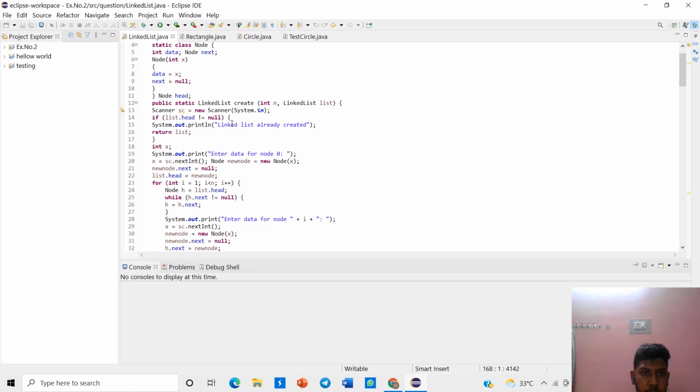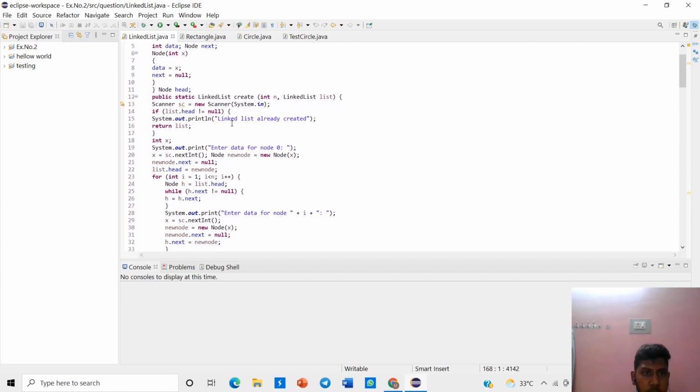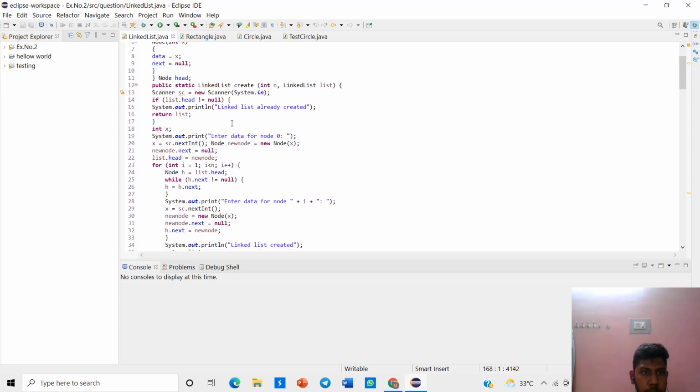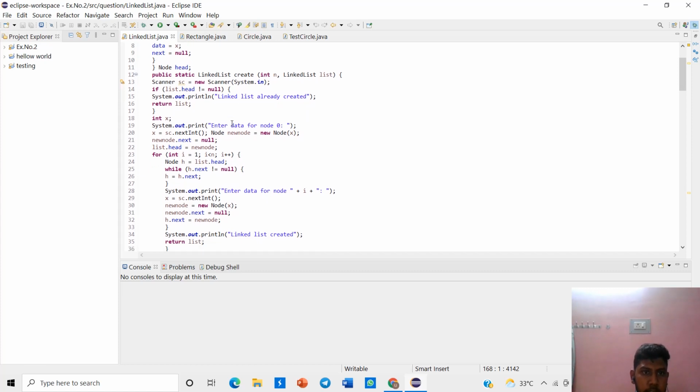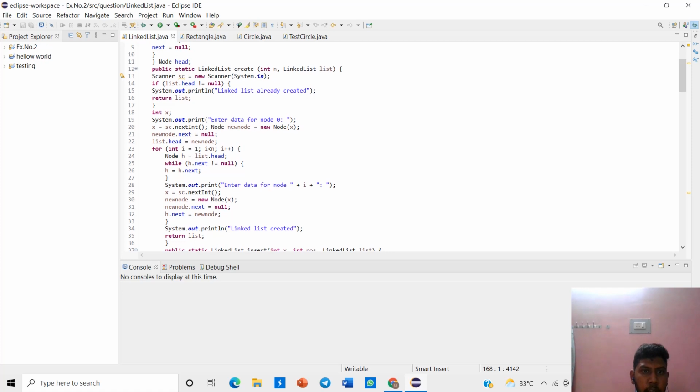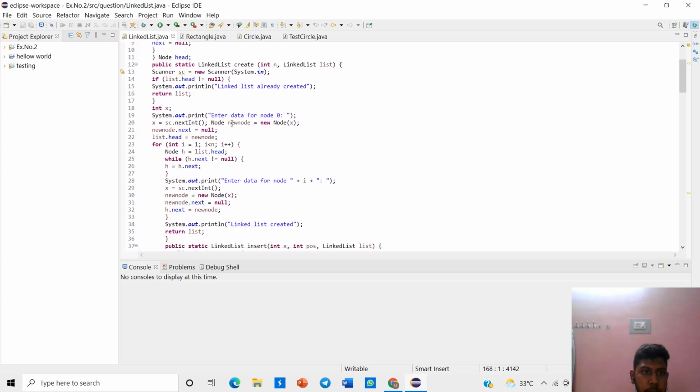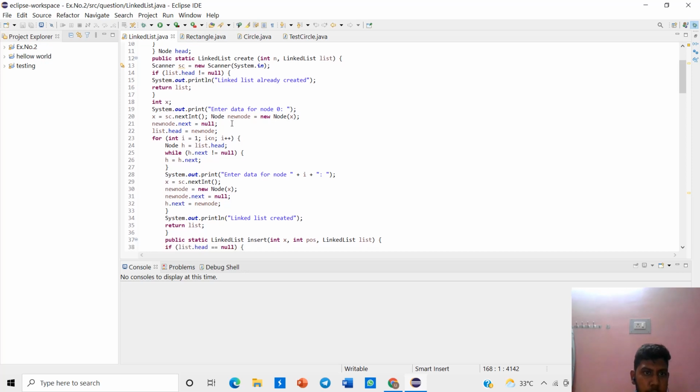Public static LinkedList create, with an int and a Scanner. We want to get user input, so we use the Scanner class. If list.head is not equal to null, the system will display that the list is already created, and return the list.